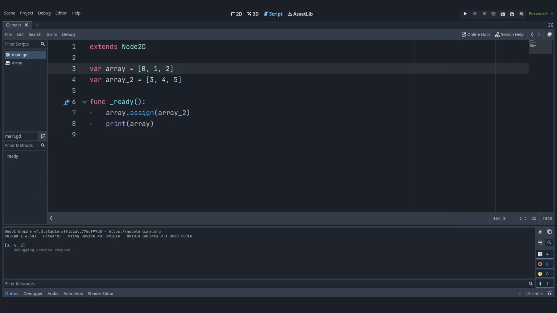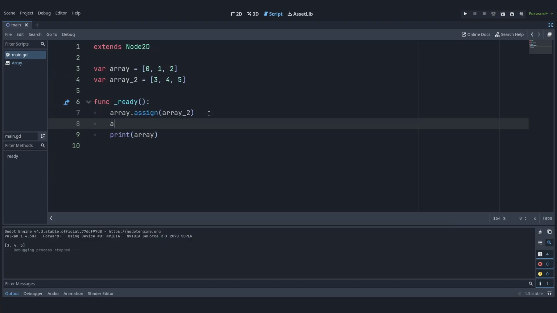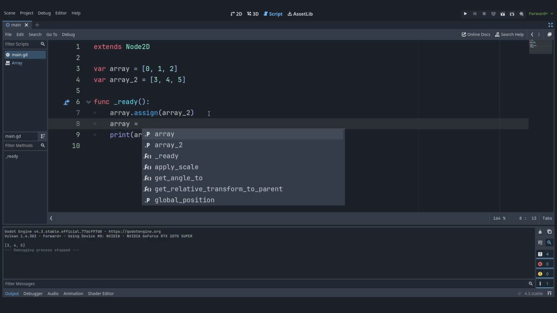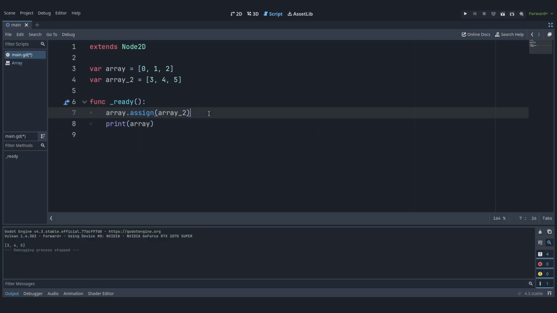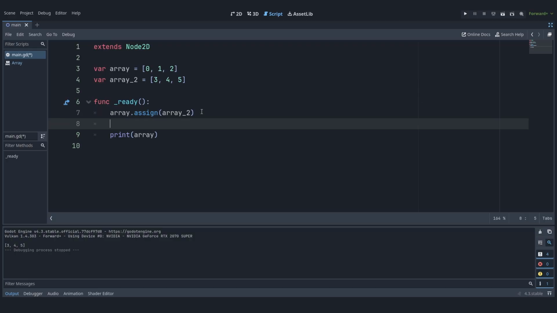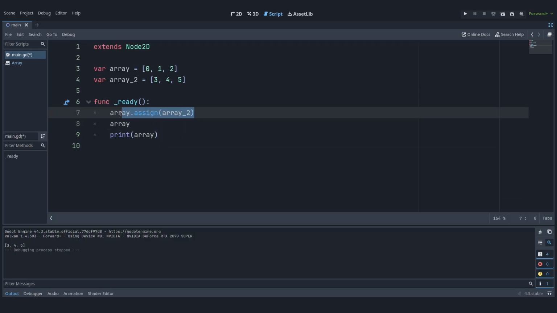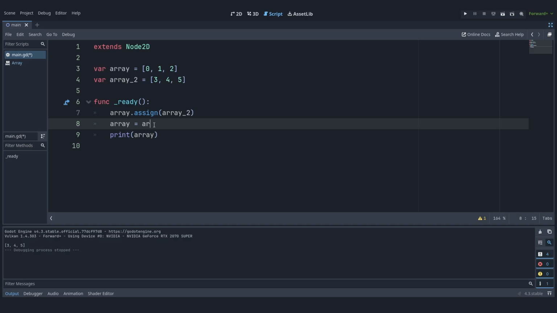So what this does, basically, it's really similar to this. In simple terms, to this one, we just assign all of these values. Basically, we copy this to this. Now, what's the difference between doing this right here and array equal to array2? It's because this one